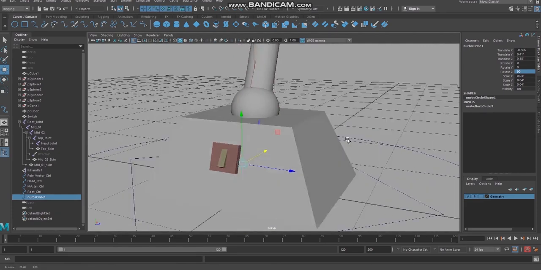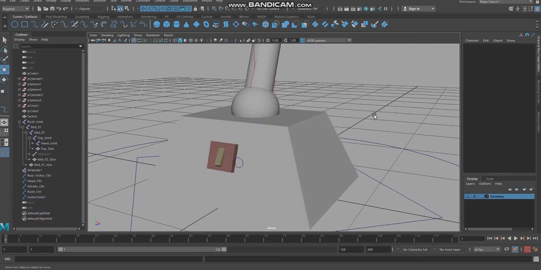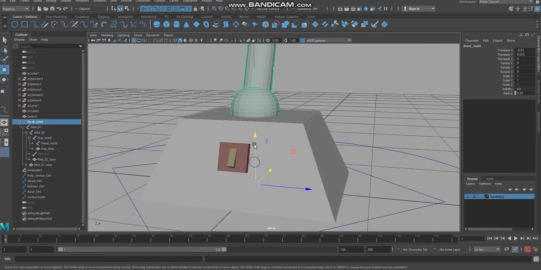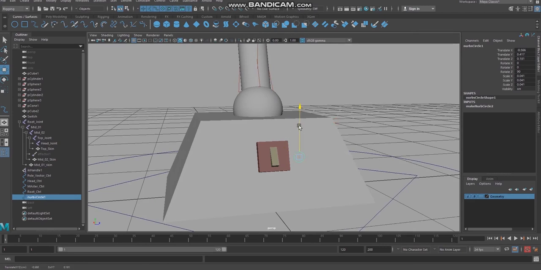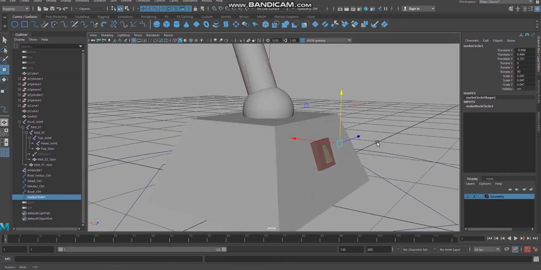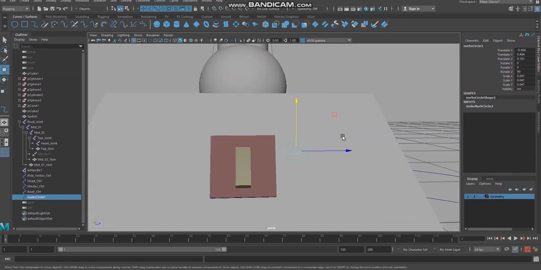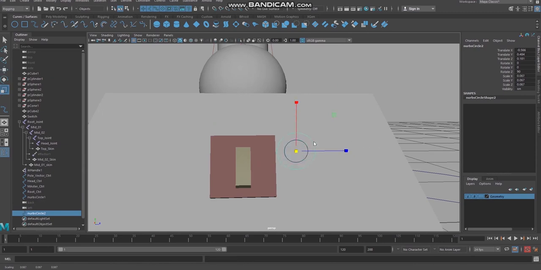Right. So this controller, this switch, this controller curve goes to the top, switch off goes to the down, switch on. Okay, so by default it is on the top. I can keep it there, and before that I need to duplicate it again. Control D. I have duplicated it again. I'm making it little bit bigger.